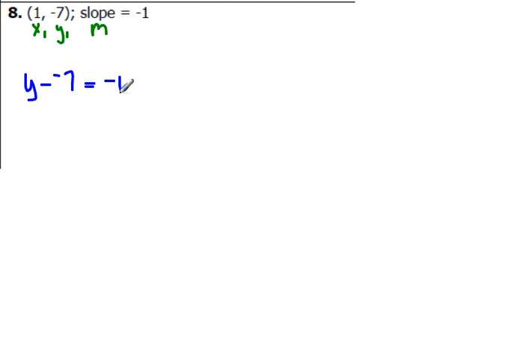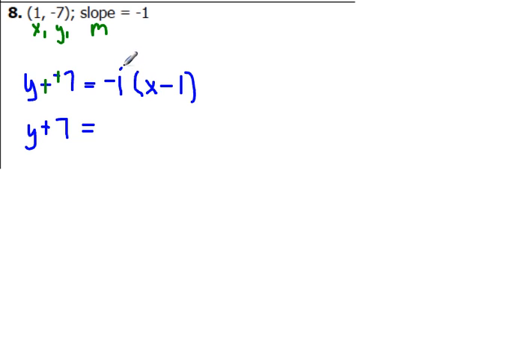This time m is -1, parentheses x, minus x sub 1, so x sub 1 is 1, so there's 1, and then close parentheses. Okay, so real quick, I want you to notice you've got a minus, negative, so let's go ahead and make those plus plus and continue on. Okay, so other than changing the signs, we're not going to mess with this just yet, so let's bring that down. Y plus 7 equals,